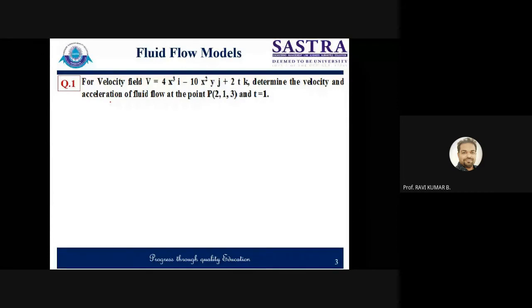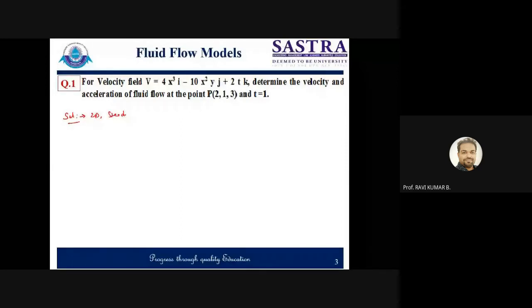Steady flow, sir. It is steady, and tell me another classification based on the velocity field. Just look at the velocity field. How many coordinates are there? Three-dimensional, sir. It is two-dimensional. There is no z. You look at the equation. There are only x and y. That means it is a case of steady two-dimensional flow, because there are only two variables, x and y. There is no z. So immediately you can say based on this, it is a case of 2D,